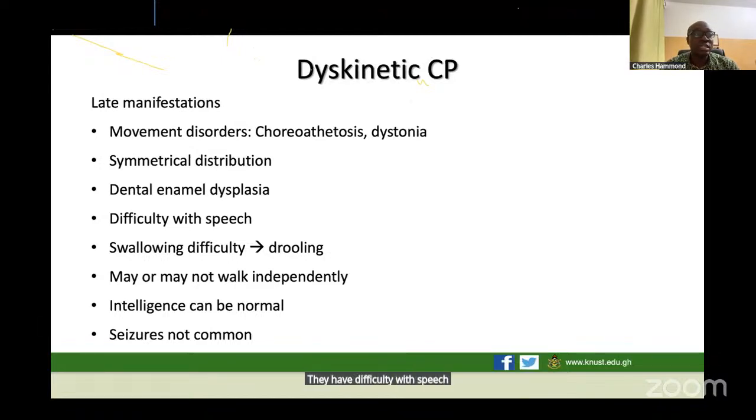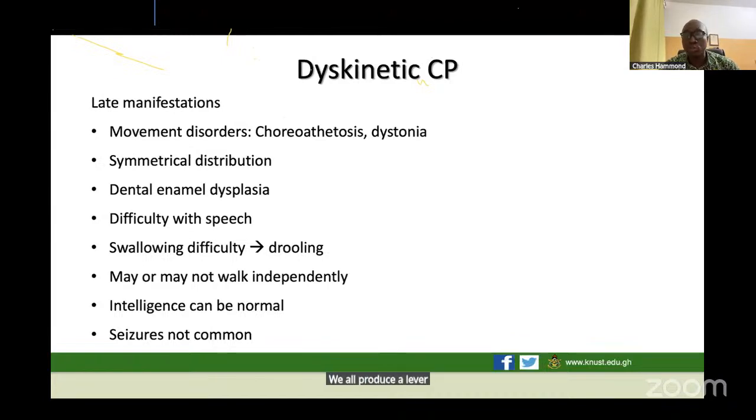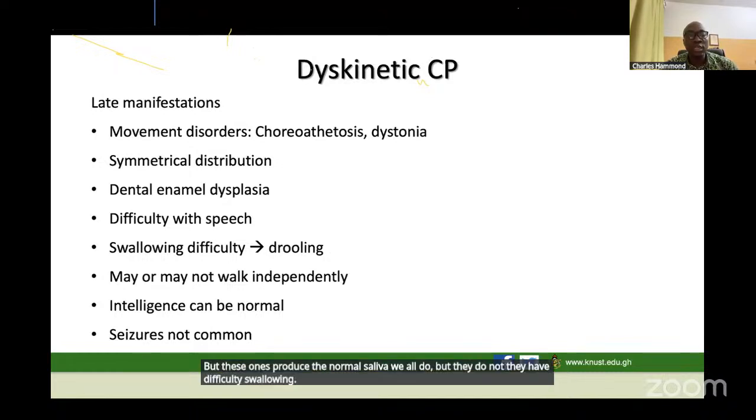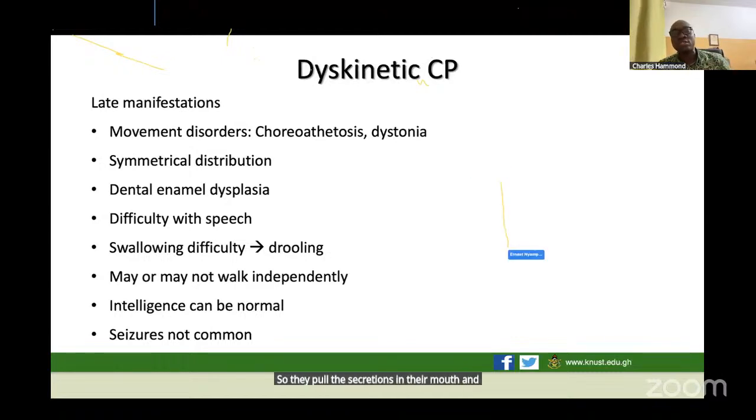Swallowing is also difficult. And because of that, they tend to drool a lot. The reason behind the drooling is not because they are producing too much saliva. We all produce saliva, we swallow, and that is why we don't drool. But these ones produce the normal saliva we all do, but they have difficulty with swallowing. So they pool the secretions in their mouth,